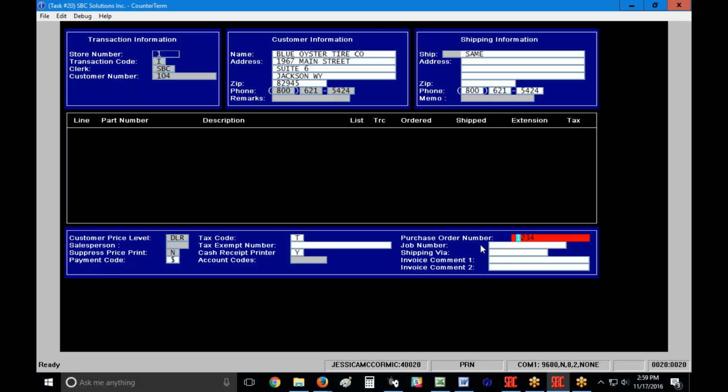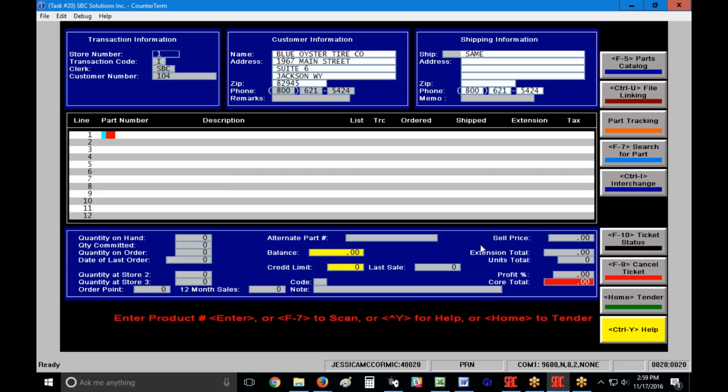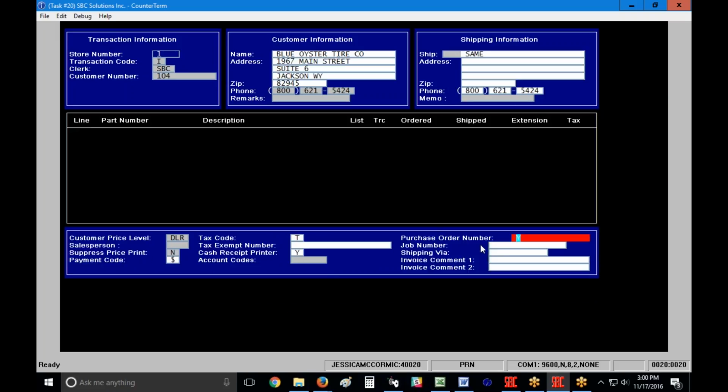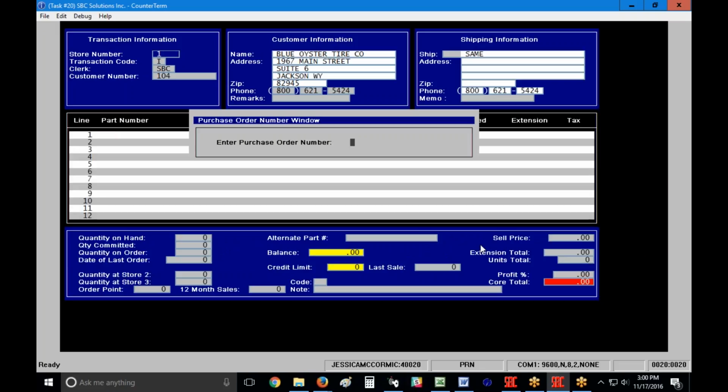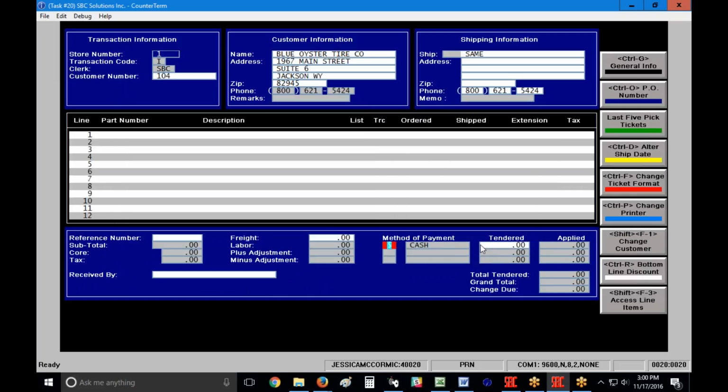If that purchase order number is actually a yes, then it means that I'm requiring a purchase order number for this ticket. Now, when I get into the body of the ticket after I've started the invoice, I can either hit my up arrow key, go up and add that right now, or I can press my home key and it's going to require a purchase order number at that point. So you're going to see this window pop up. Now, once I type in a purchase order number and I press my enter key, if for whatever reason I need to get off of that screen